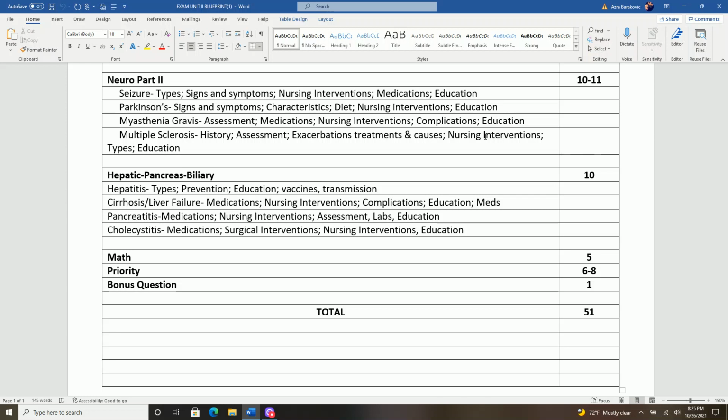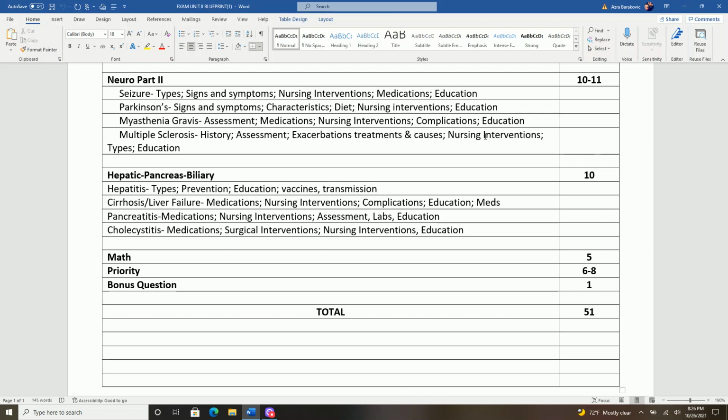Myasthenia gravis is basically gradual paralysis starting from the head down, as opposed to Guillain-Barré, which I know you guys didn't talk about, but it's still good to know, starts from the toes up. Okay, so how are we going to assess these patients? They're going to have muscle weakness. They're going to have progressive paralysis. Because it starts from the head down, we really want to focus